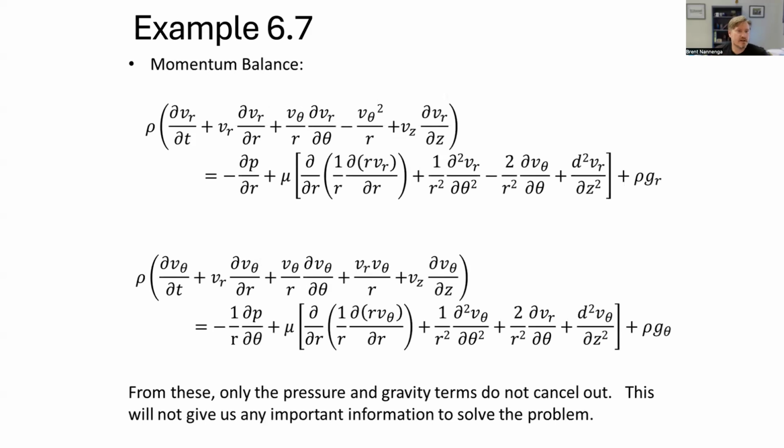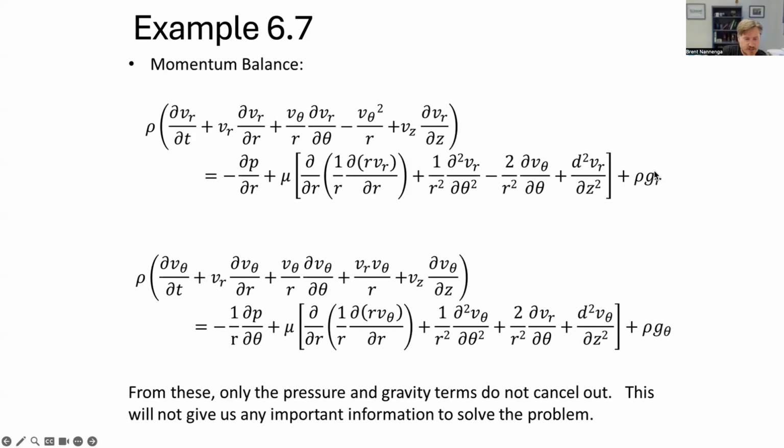Momentum balance. We're going to take a look here at the radial momentum balance and the theta momentum balance. Now, if we were to go through the process and cross out everything that these assumptions allow us to cross out here, you'll notice that only the gravity terms and the pressure terms are not going to cancel out. And that should make sense, right? Everything with a V_r and a V_theta gets crossed out, which just leaves pressure and gravity here, and then pressure theta, gravity theta here. Those don't cancel out. However,